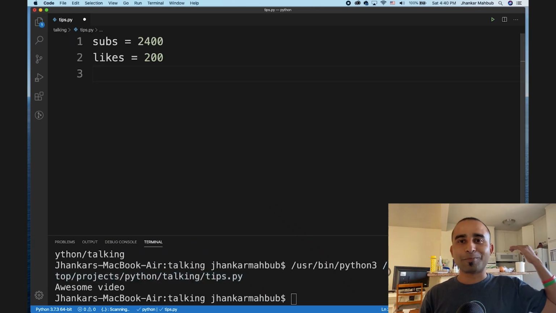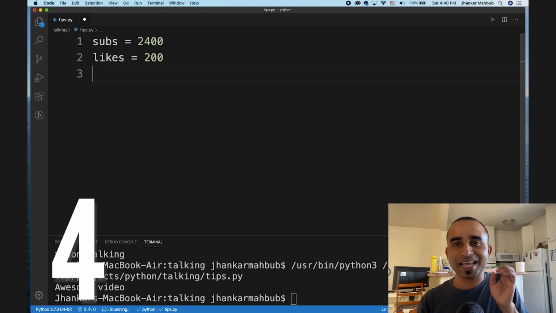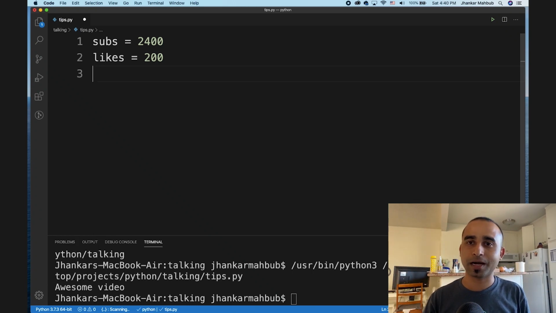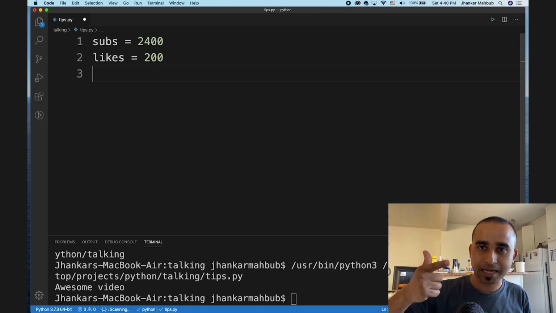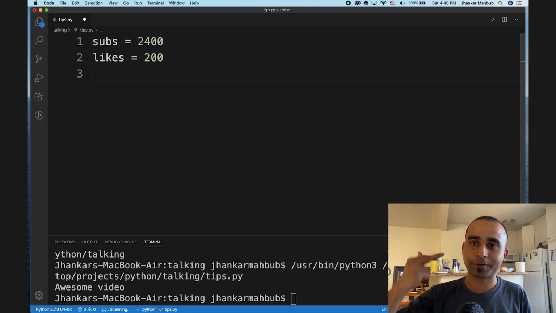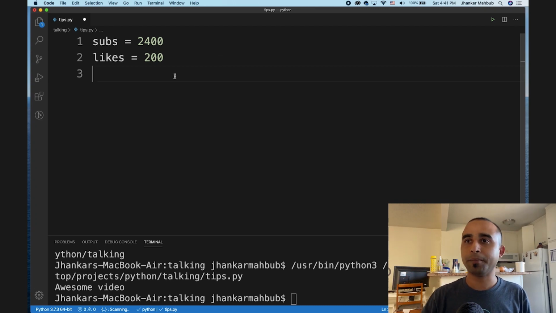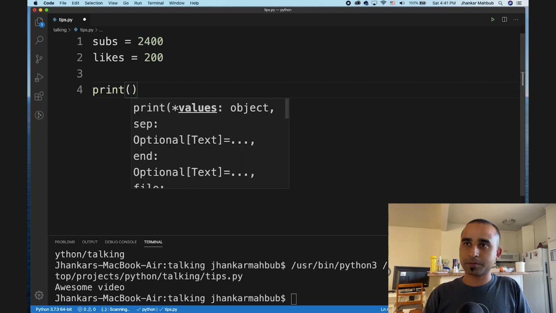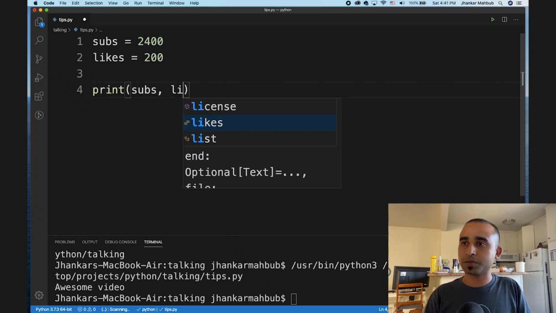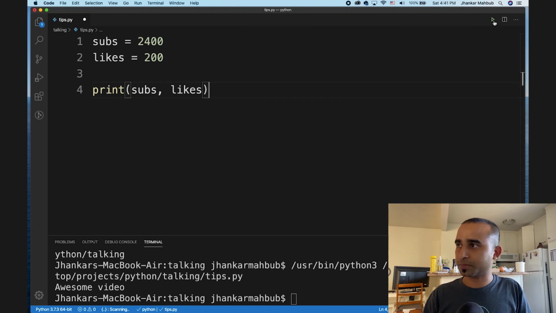So clever point number 4, and I want to make it a little bit easier for you. Let's say I have 2 variables here. One is subs with the number of subscriptions and the other is the number of likes. What I want to do is switch them. That means the value of the variable subs will go to likes, and the value of likes will go to subs. They will cross over. So you can do a print before, where the first value is number of subs and the second value is number of likes. You can just play this, and you see this is the value.